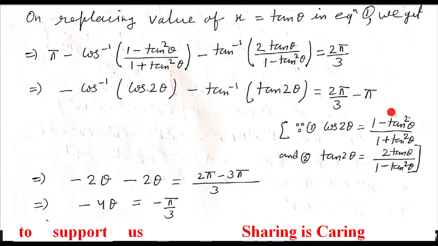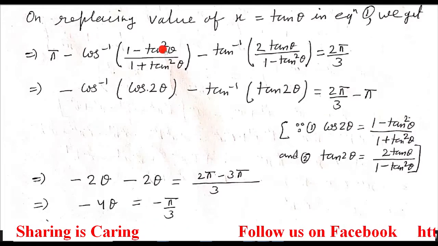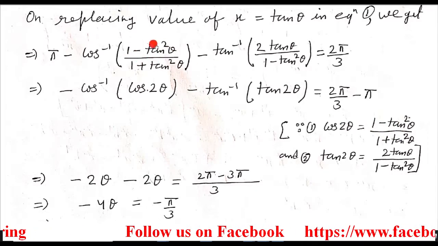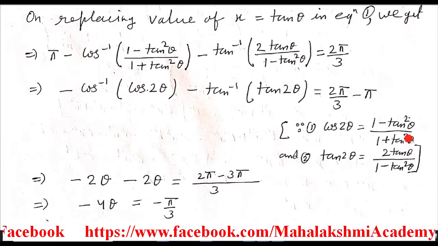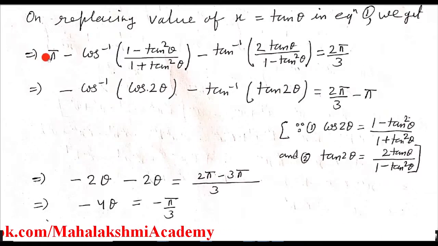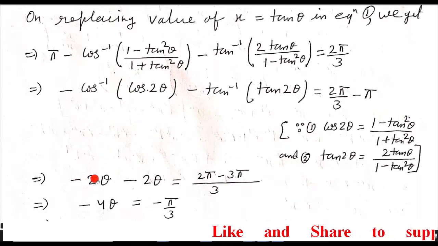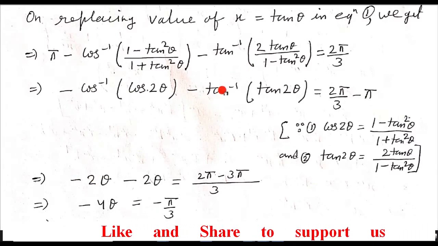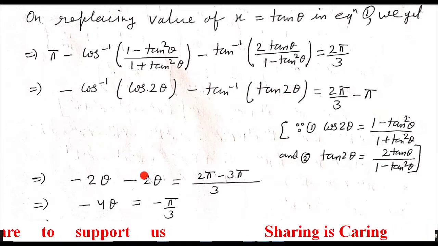As you know the formula, what I explained to you, this complete expression is the formula of cos 2 theta. So we'll replace it, and instead of it we'll write cos 2 theta. In the same way, this we'll replace and we'll write tan 2 theta. Now this pi is in addition, we'll shift to this side, so it will come as minus. Now this cos inverse and cos will remove each other, so we remain with minus 2 theta. In the same way, tan inverse and tan will remove each other, we remain with minus 2 theta, and